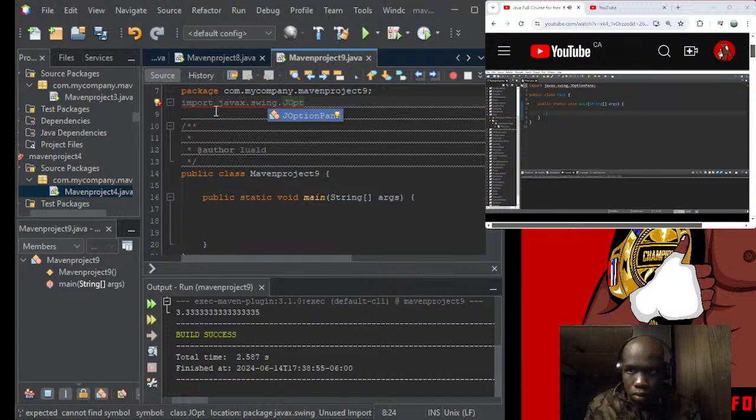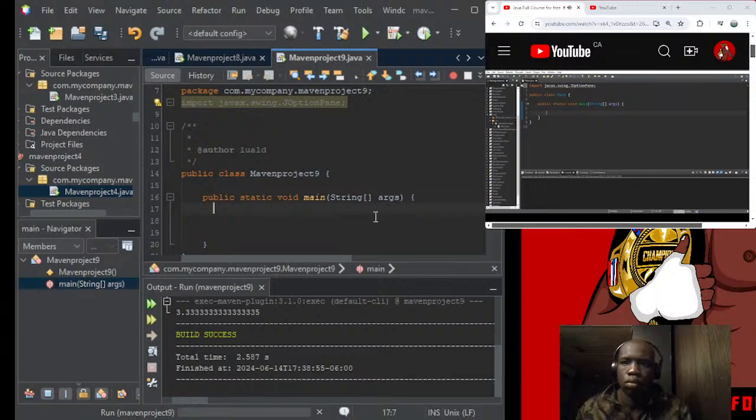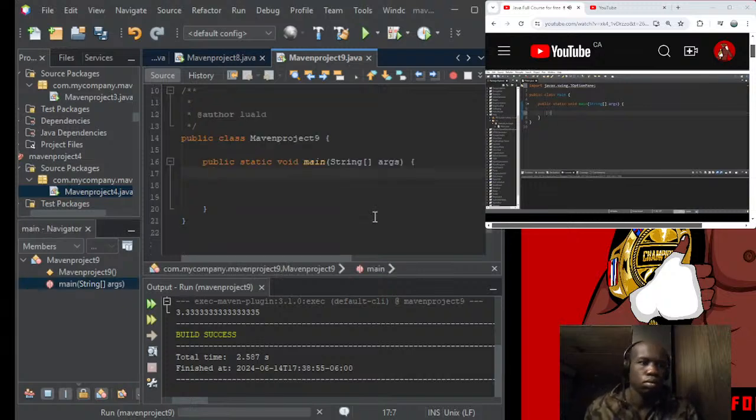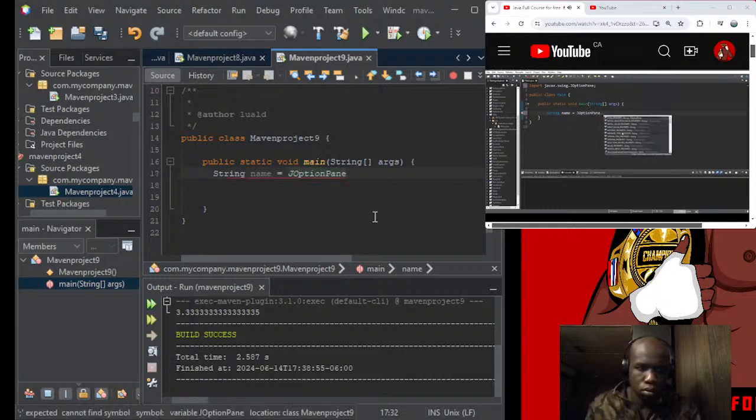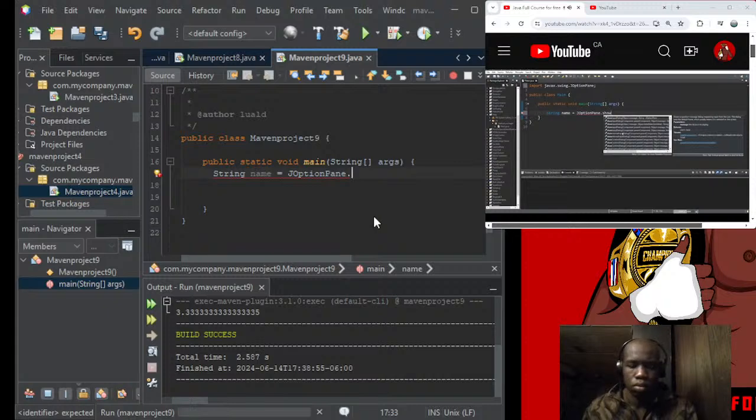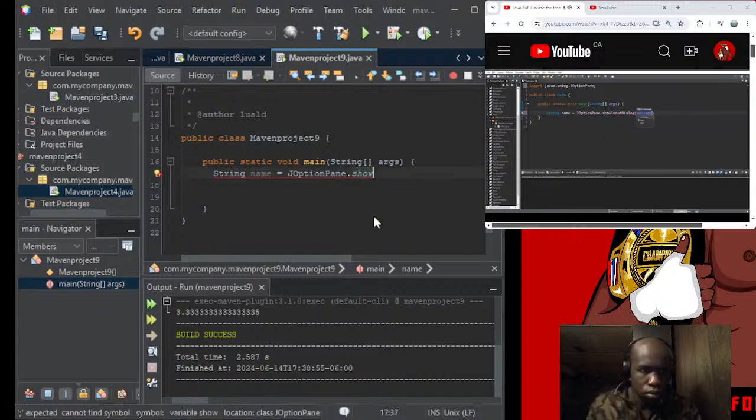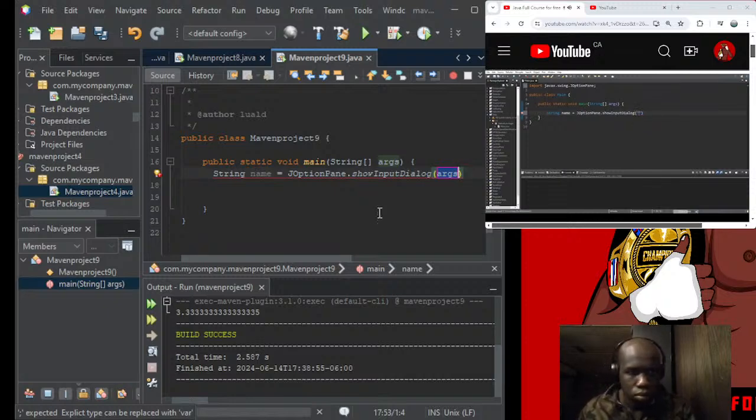Now what we would like to do is type in some user information into a sort of dialog box, and we'll store this as a string variable called name, kind of like what we did in the video on user input. String name, and in order to create an input dialog box, we're going to type the name of the class, JOptionPane, dot, and there's a few options. What we would like is showInputDialog, and you can really just pick any of these, and we can type in a message. So with this message, let's state, enter your name,